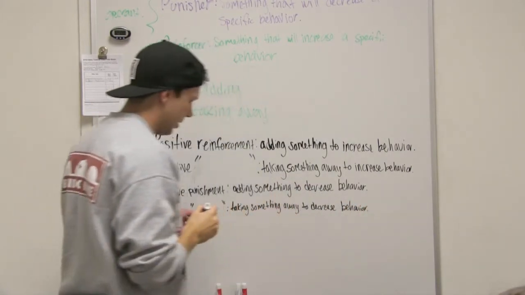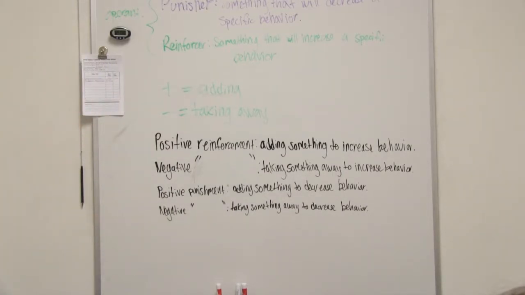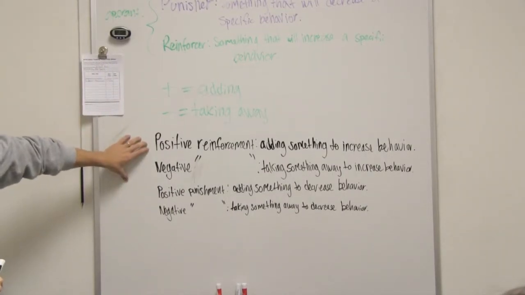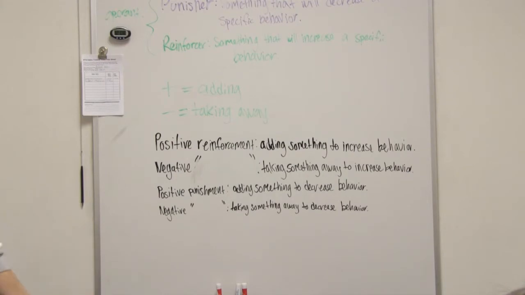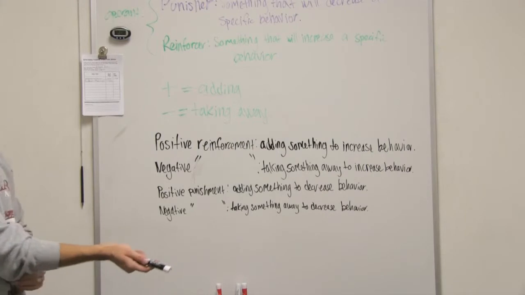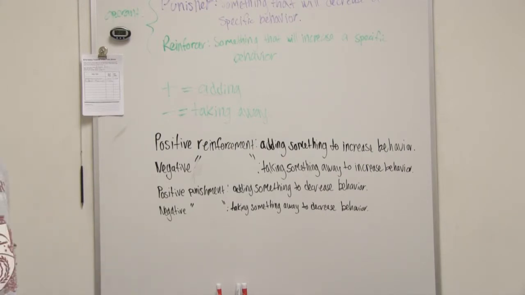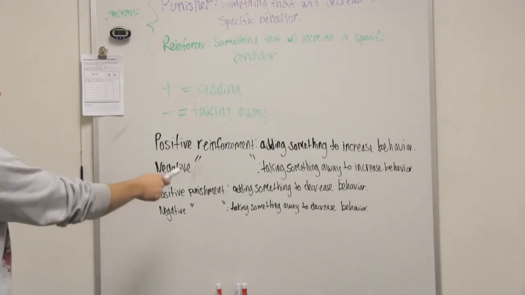So I like to make people I tutor think. What is an example of positive reinforcement based off of our definition that you can think of? Like bribery. So I'll give you a cookie if you get an A on this test. Okay, yes, exactly. So you're giving them a cookie if they do well on the test. So then what's an example of negative reinforcement? Adding something to increase the behavior. So negative reinforcement is taking something away.